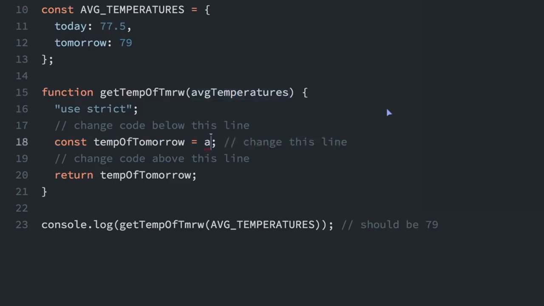So first I'm just going to put the average temperatures variable here. And then on this side of the equal sign, I'm going to have to use the destructuring. So I'll put the curly braces, and we'll put tomorrow and the colon and then the other curly brace. So this is saying get the tomorrow field from the average temperatures object and assign it to the temp of